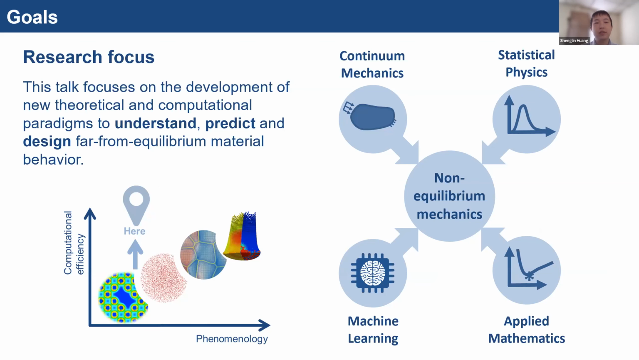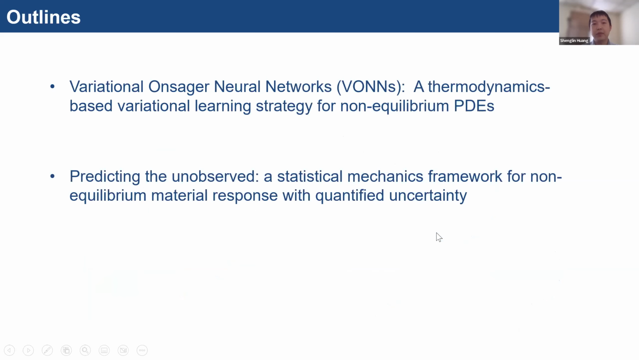So in today's talk, and also for my PhD research, I focus on the development of new theoretical and computational paradigms to understand, predict, and design far-from-equilibrium material behaviors, particularly using data-driven methods. And I will combine tools from continuum mechanics, statistical physics, applied math, and machine learning to tackle non-equilibrium mechanics. So today I will basically introduce two of my recent works. The first one is called variational Onsager